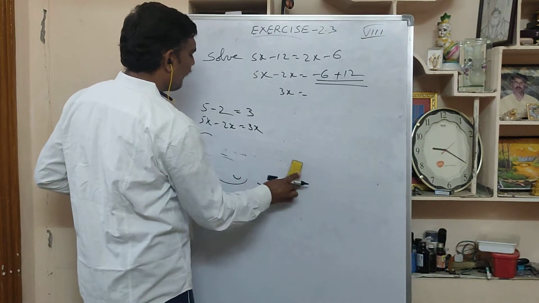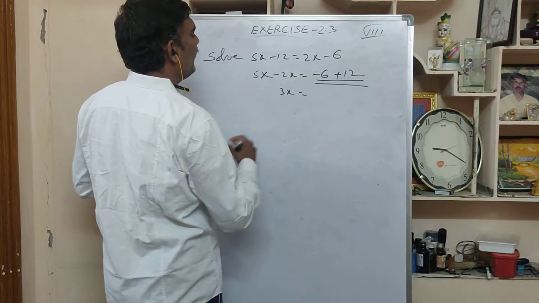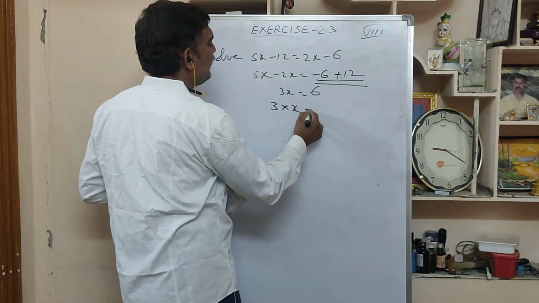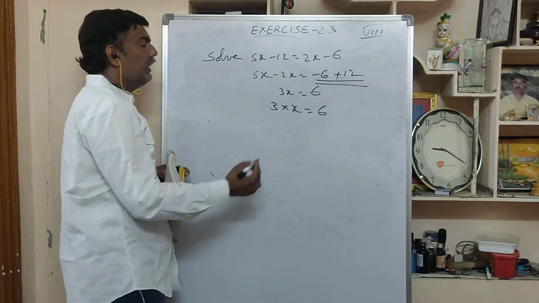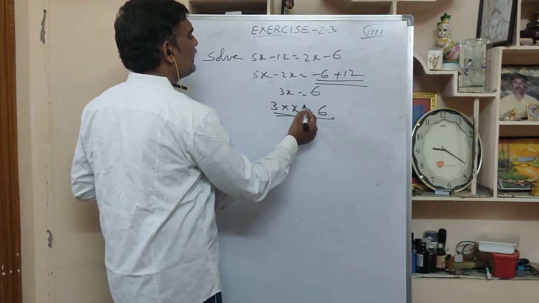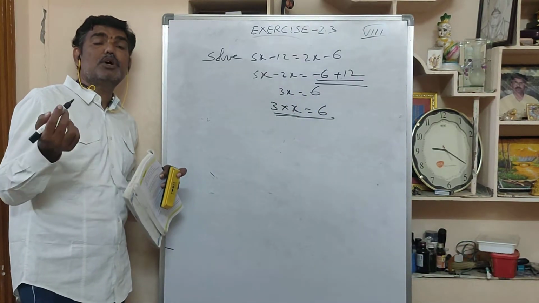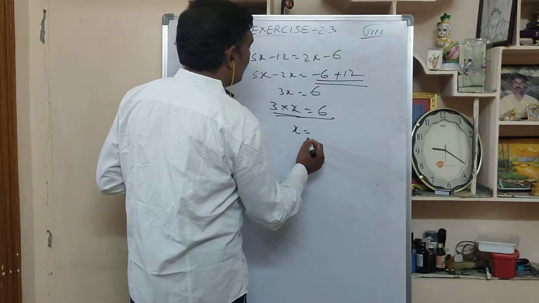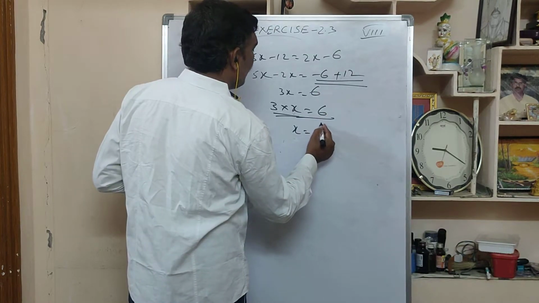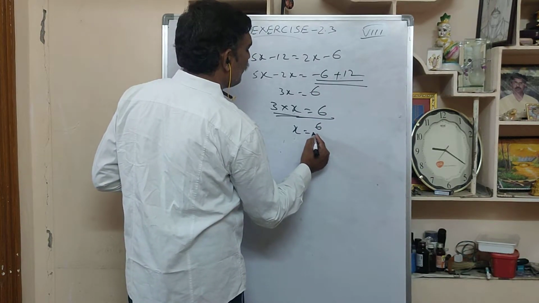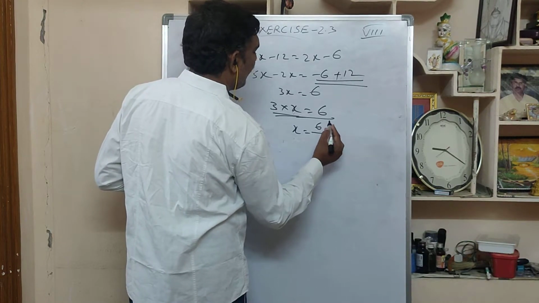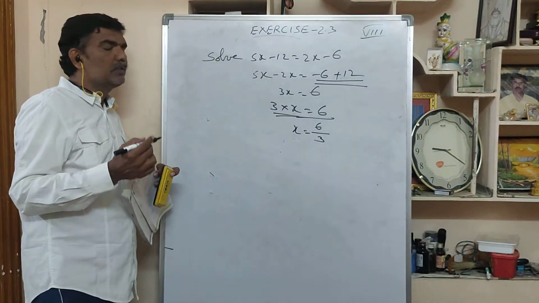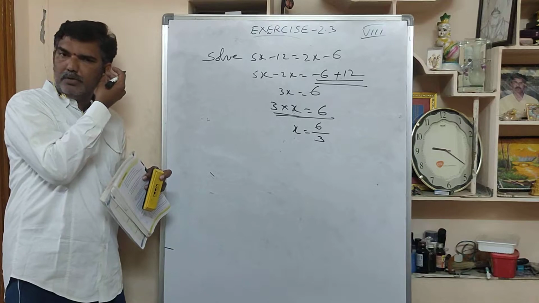Same, what you have to do is on the right-hand side, minus 6 plus 12, write the answer 6. 3x means 3 into x is 6. Here you have to imagine 3 chocolates cost 6 rupees. 3 chocolates 6 rupees means 1 chocolate how much? What will you do? Keep x here. 6 will go to the numerator. So I am writing somewhat smaller. Is equal to, just opposite, keep divided by. This 3 I should bring to the denominator. Why? 3 is multiplying x, so you have to bring it to the denominator.